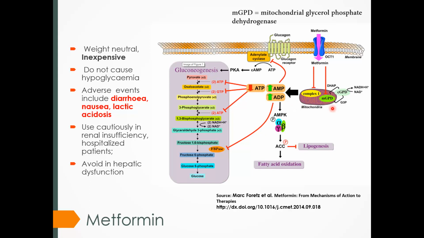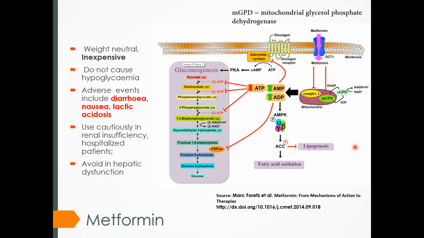There is another way metformin works, that is the mitochondrial glycerol phosphate dehydrogenase, MGPD pathway, and it alters the redox status, that is the oxidative status inside the hepatocyte, and it ultimately inhibits the glycerol kinase pathway, that is formation of glucose from glycerol. That is also inhibited by this MGPD pathway. Now taken together, ultimately there is less hepatic glucose production. Now this all happens in the hepatocytes.